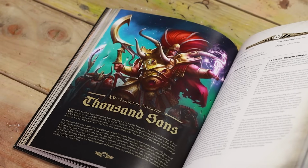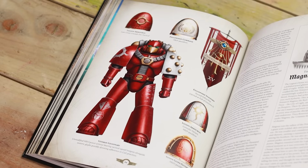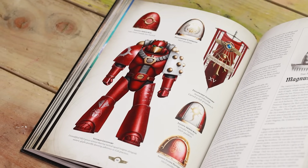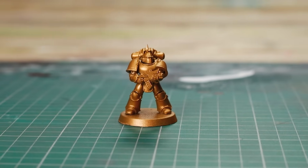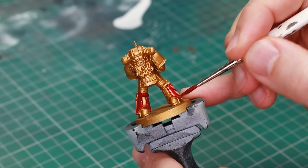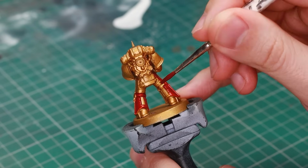Gifted with psychic powers, the Thousand Sons were scholars and sorcerers under Magnus the Red. They sought knowledge above all else, mastering the warp to wield devastating arcana. I've always wanted to try this scheme, and it turned out really nicely. I started with a Retributor Armour spray base coat, then applied two thin layers of Blood Angels contrast. If you're careful, you'll find you barely need to do any cleanup on the trim, but if you do overspill,